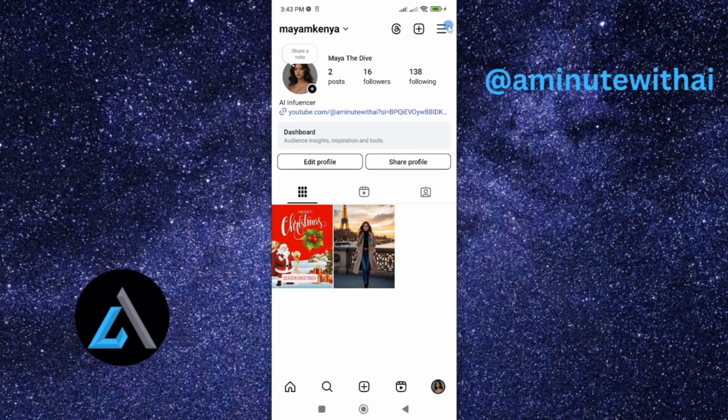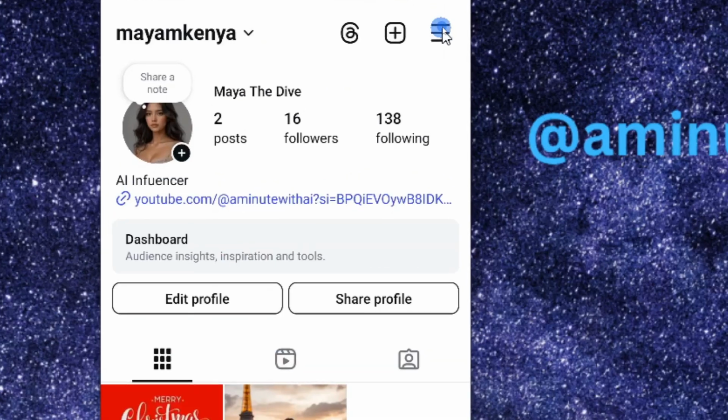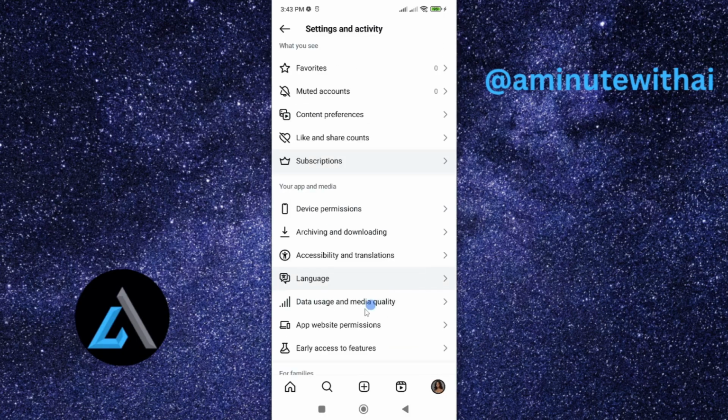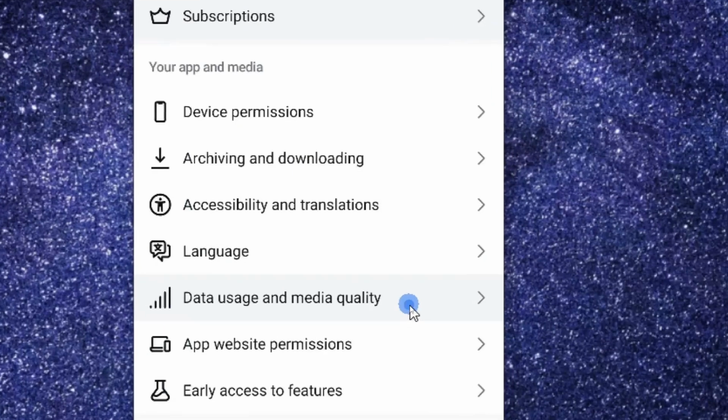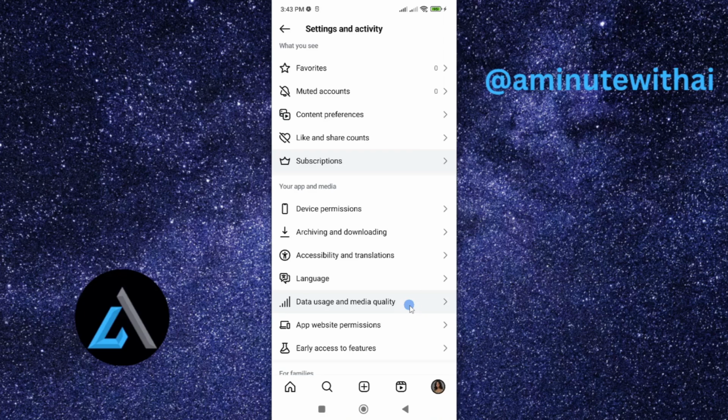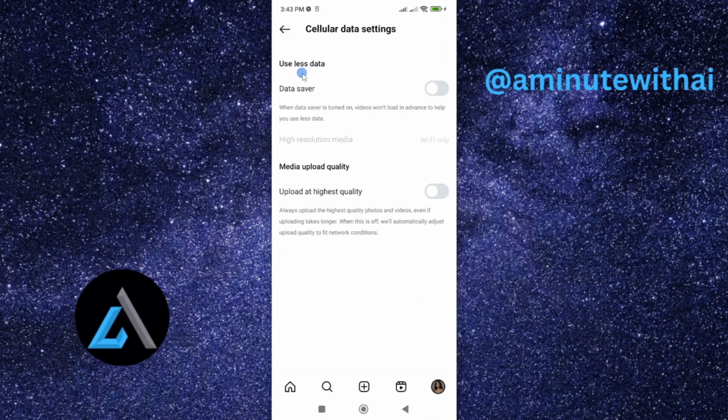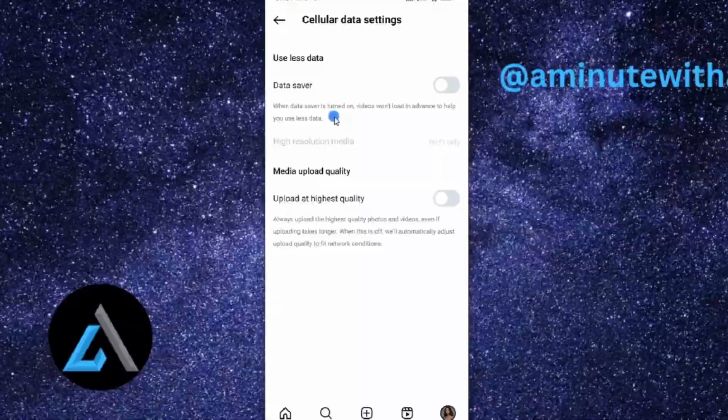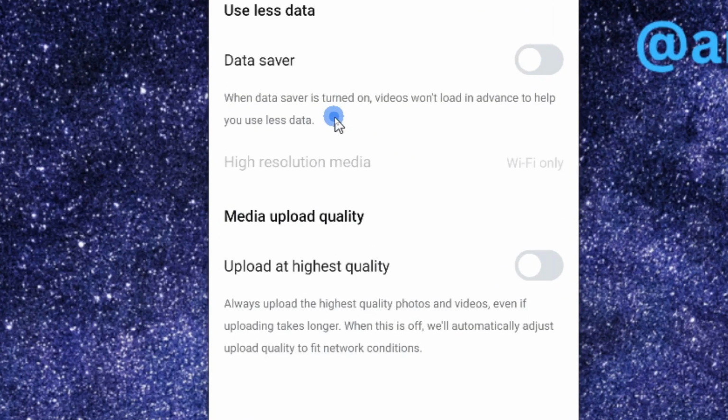So to enable this, go ahead and tap on the menu icon here, and then under this, scroll down until you get to this option called data usage and media quality. If you go ahead and tap on it, now you see we have use less data, and under it we have data saver. So we are told that when data saver is turned on, videos won't load in advance to help